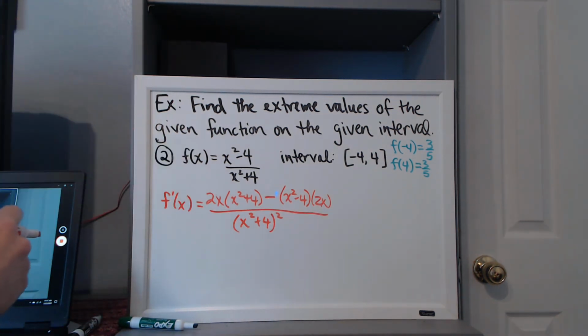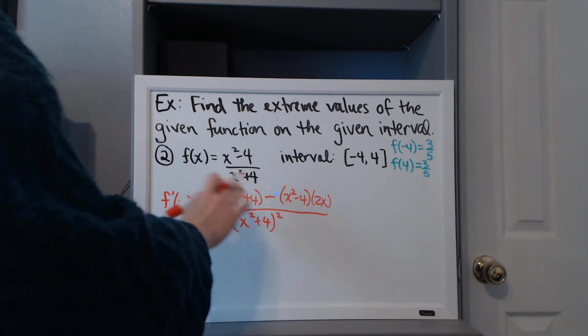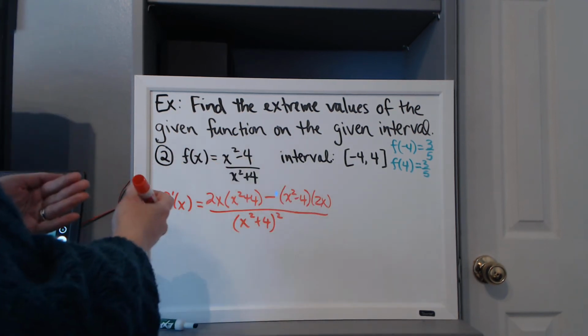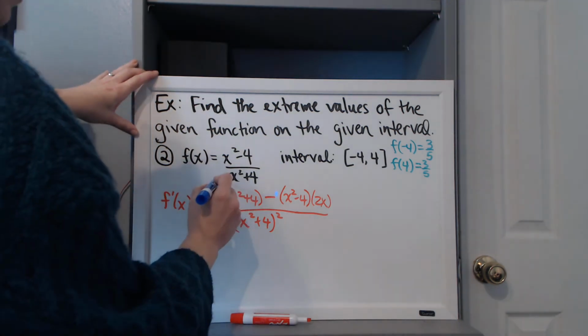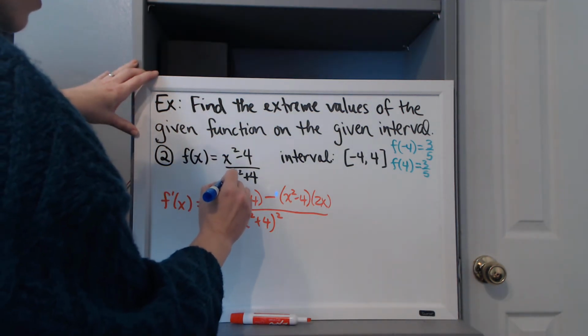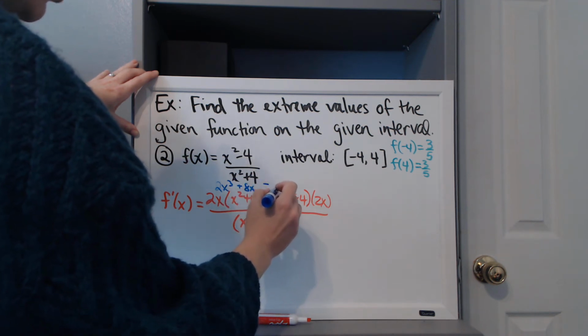Now normally I have said do not simplify at all. Now we have to change our approach to that. We need to simplify because we need to do something with this. So I'm going to go ahead and distribute, and then we're going to simplify as much as we can in the numerator. So distributing in the numerator is going to give us 2x cubed plus 8x. Then we're going to subtract